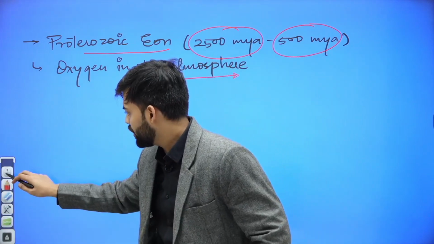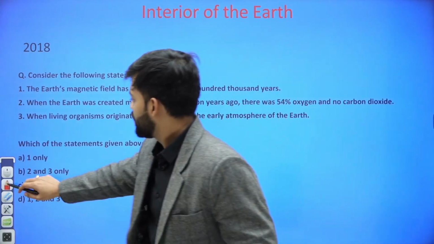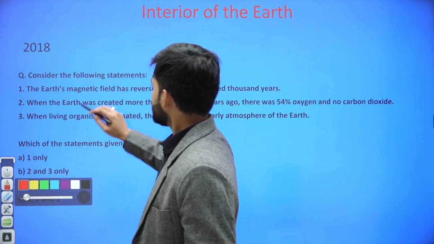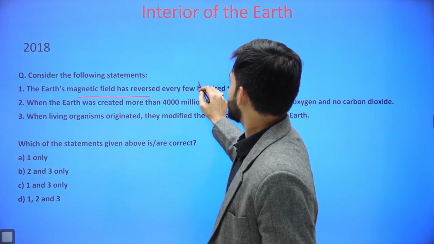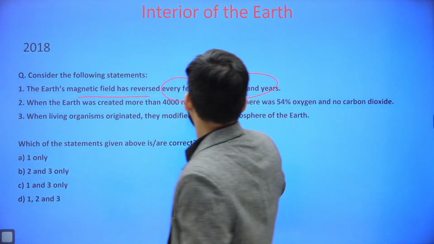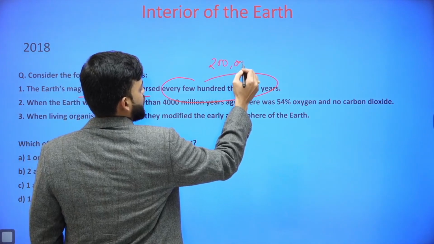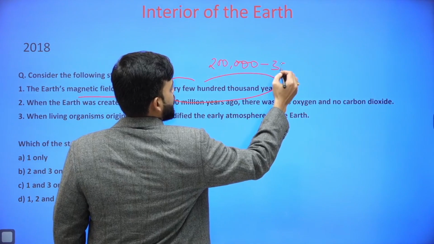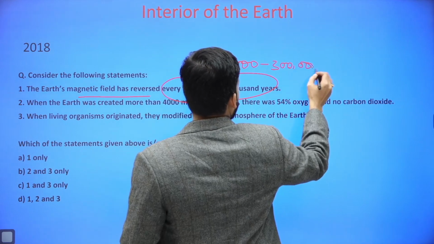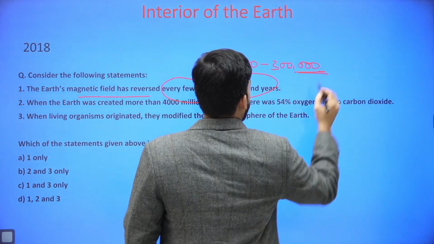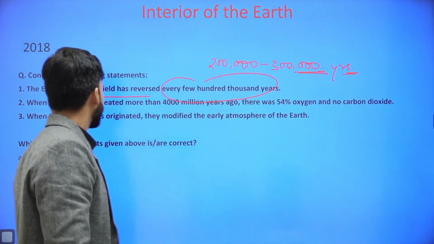So now if we look into the question, first statement, the Earth's magnetic field has reversed every few thousand years. So we know that in every 200,000 to 300,000 years magnetic flip happened.